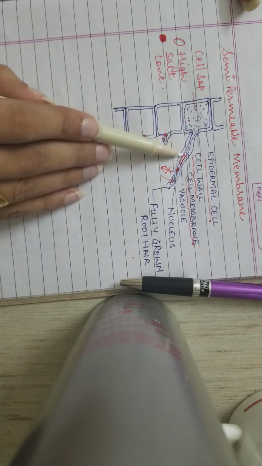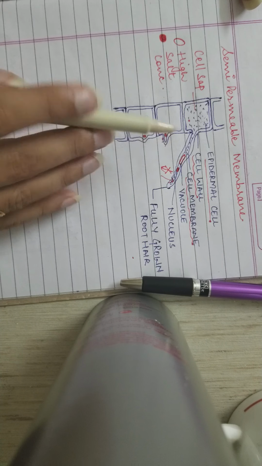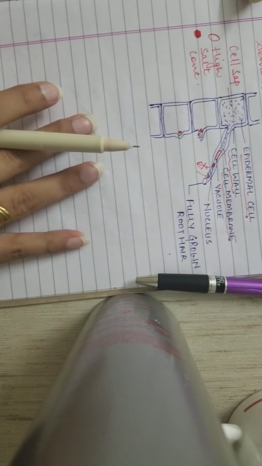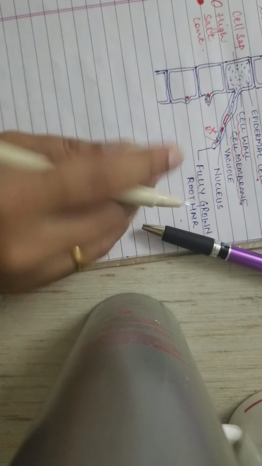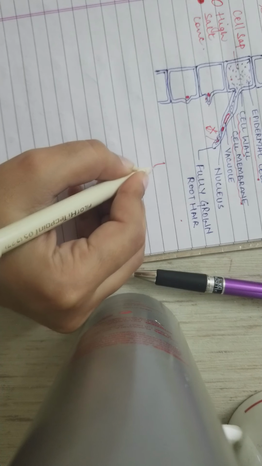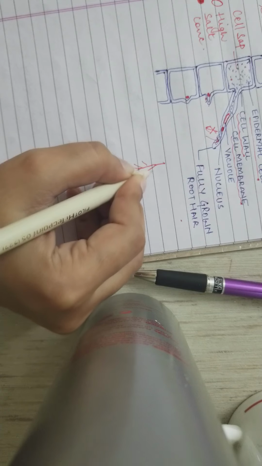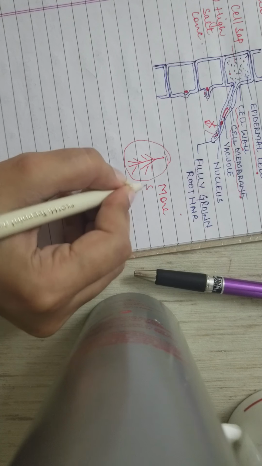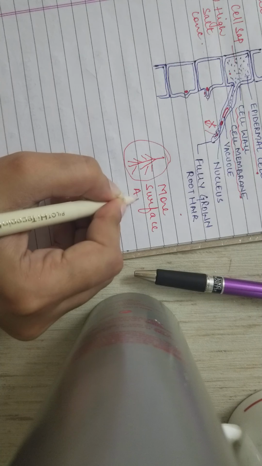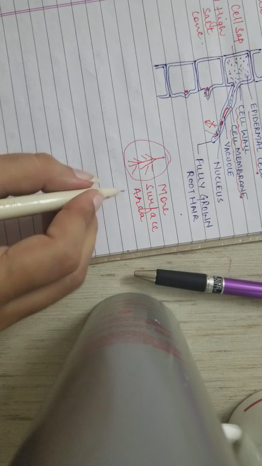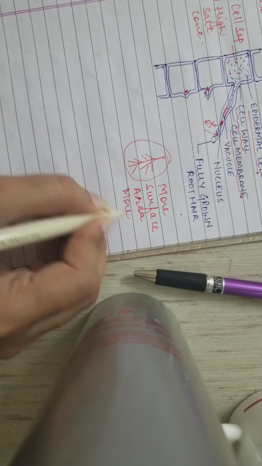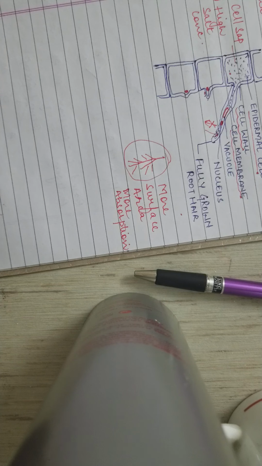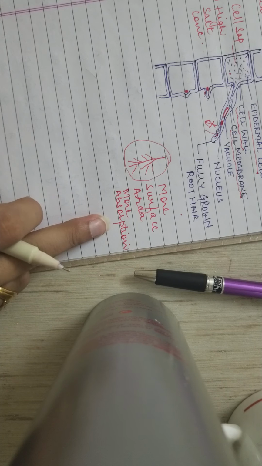Now this large vacuole which is present will help to absorb more water, and the root hairs provide a large surface area. If you see in a plant, you have root hairs like this present. So the more the surface area, the more will be the absorption. So I hope it is clear till here.